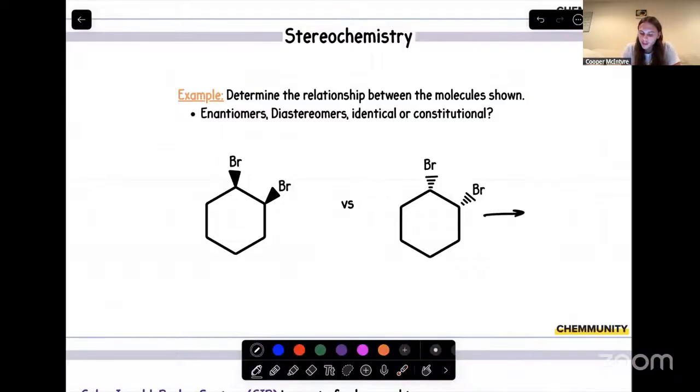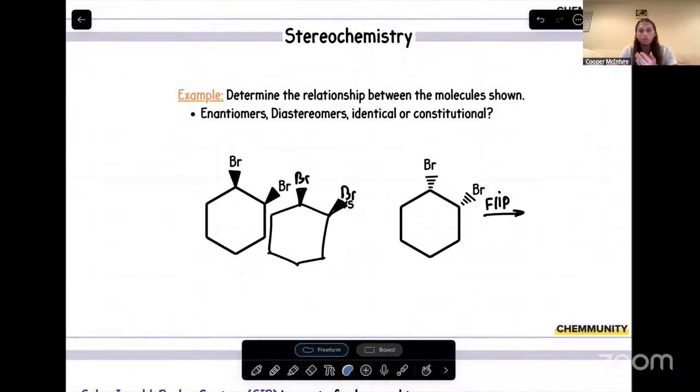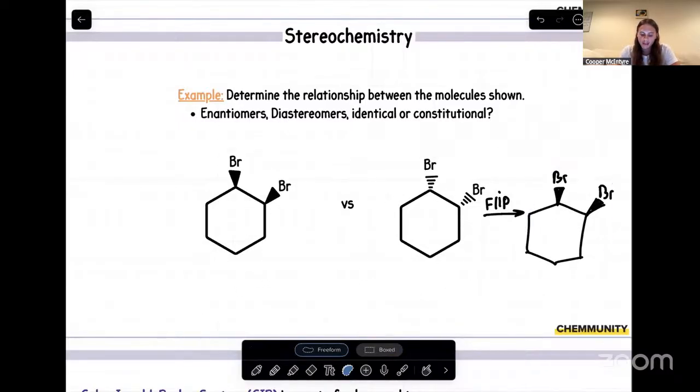So let's go through, and yet again, we're going to flip this molecule over like a book, write down flip, and see what it looks like. Since we're flipping it over yet again, those dashes will turn to wedges. And if we drag and drop everything over, they are the exact same molecule. They are superimposable on top of each other. This is a really good example to re-jog your memory from some of those OChem 1 concepts. This is what's called a meso compound.